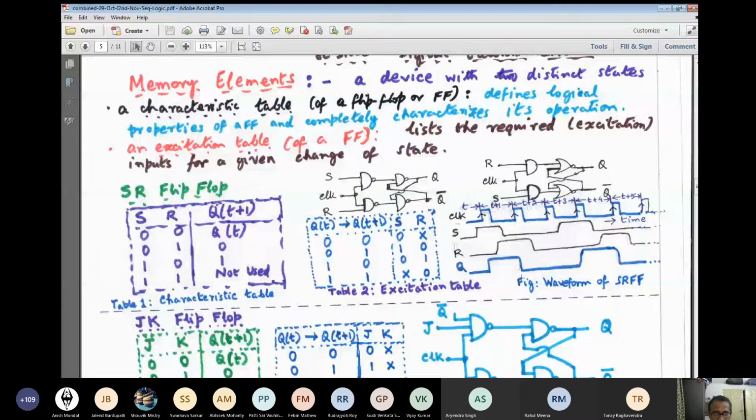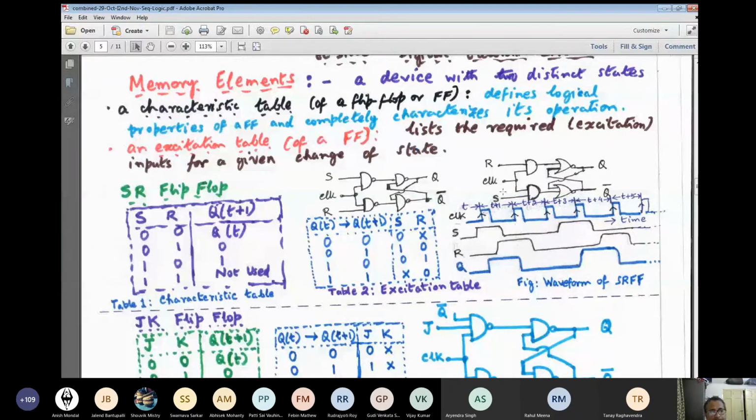Here, prior to one setup time, it has something to do with the actual gate delay. That means how much time should elapse before R and S take up stable values before a 0 to 1 transition occurs at the clock. Here in the third edge, you see that prior to one setup time, S has become 0, R has become 0. So both S and R are 0. That means we refer to the first row.